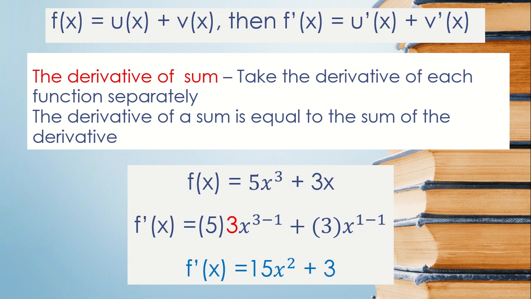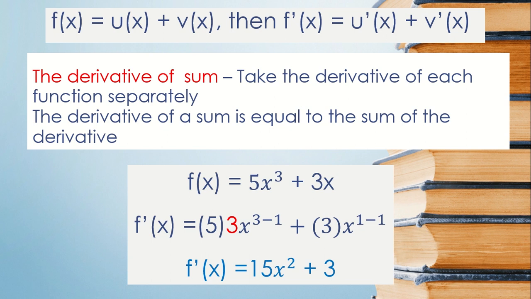The constant, which is 5, multiply to the derivative of the function. Ano yung x cubed? That's a power rule. We are going to apply the power rule. So, the power, which is 3, times the base, which is x, raised to the power, which is 3 minus 1. Plus,